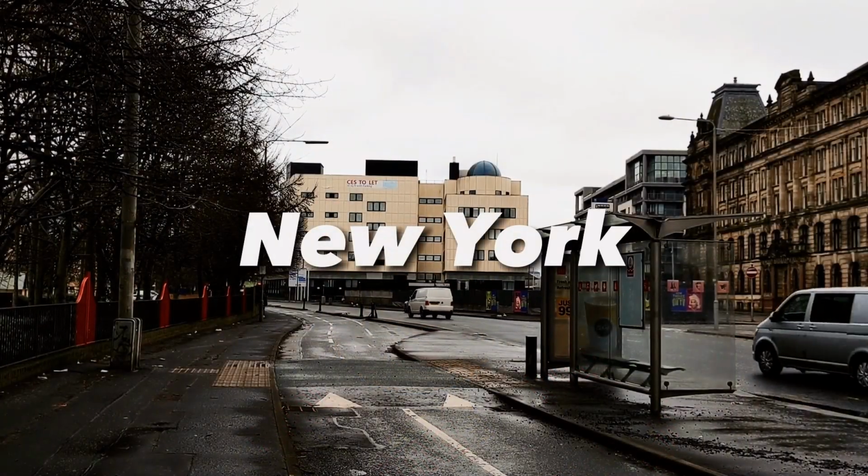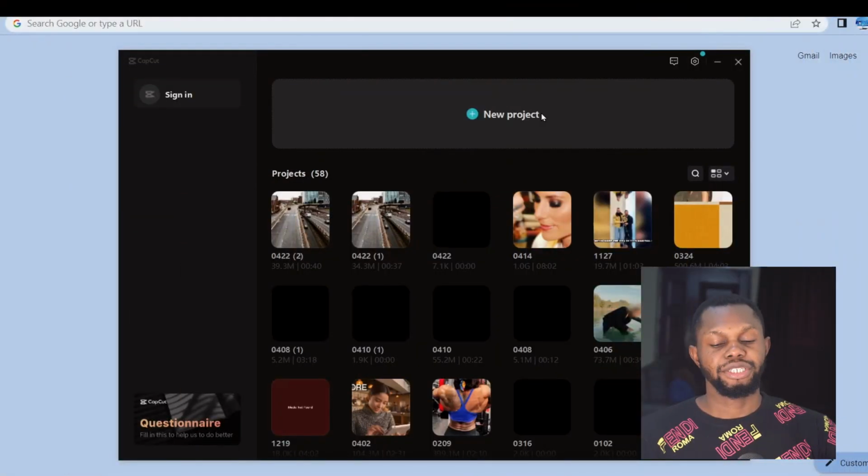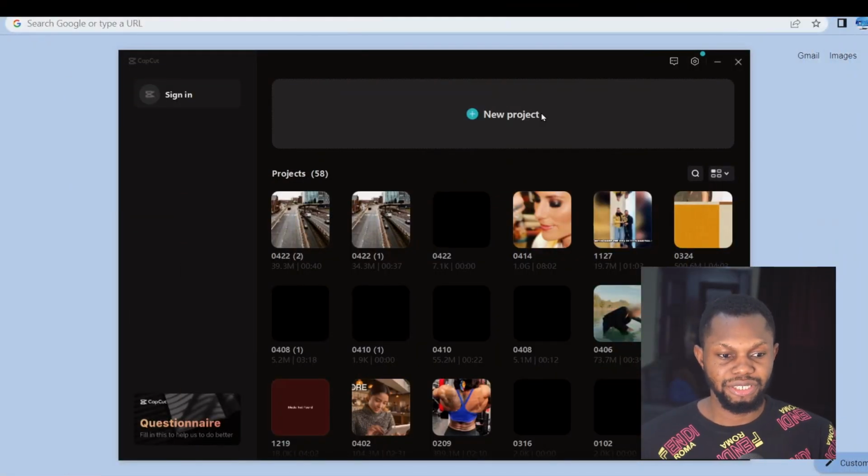Mac OS, or Chromebook. This tutorial is for you, and it is beginner friendly. By the end of this lesson, you should be able to create a video like this. Now, let's get started. So after you download CapCut to your computer and open the application, this is the first